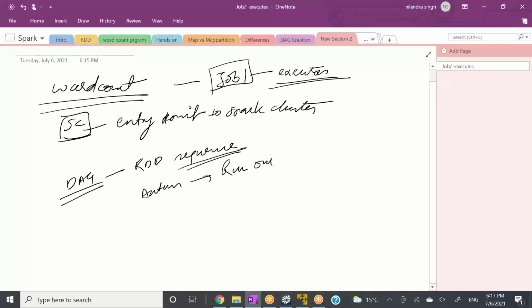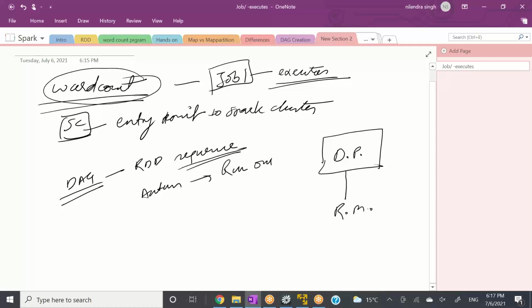But what is going on behind the scenes when you click that green button in local mode? A driver program is created. Let's call this driver program DP. Now this driver program will come to know how many resources are needed to run this word count program. So it needs to talk to a resource manager.